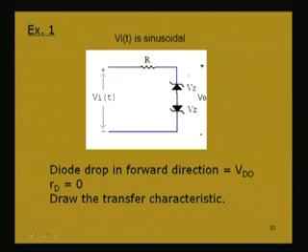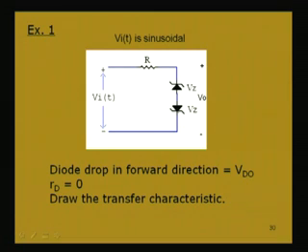If plus is here, it will be breaking down. So, when it is greater than Vz plus Vd naught, the voltage across these 2 points will then be Vz plus Vd naught, and in the negative half cycle